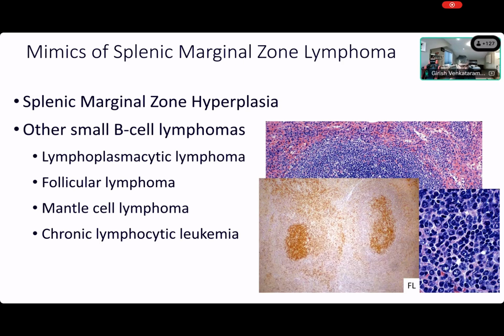Hopefully you will have CD10 and BCL2 if it's a low-grade follicular lymphoma. If it's a high-grade follicular lymphoma, your CD10 might be negative, your BCL2 might be negative, and then again you'll be stuck, right? Then you have to get back to your morphology of nodal lymphoma.